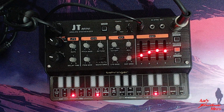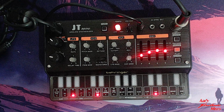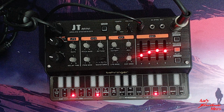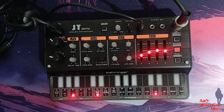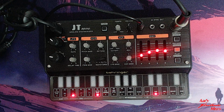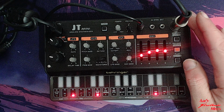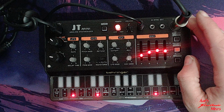And to be fair, I think for what they are, even with the little daft caveats like the polyphony cutting off, because we all know it's not true polyphony, paraphonic, it's, for me, worth it, because what I do with these, I just play around and experiment, and if I get something great out of it, then great. But if I don't, then you know what, on them boring Sundays when I'm sat waiting for me dinner,